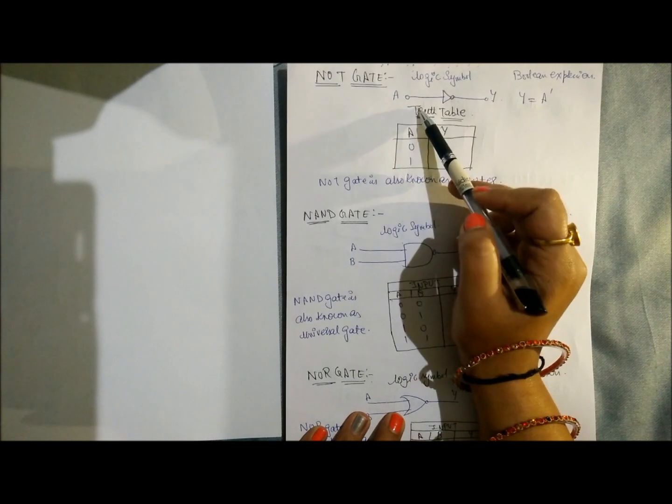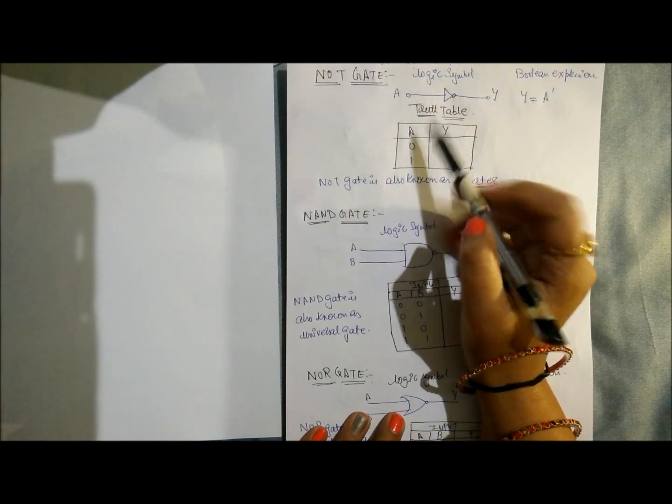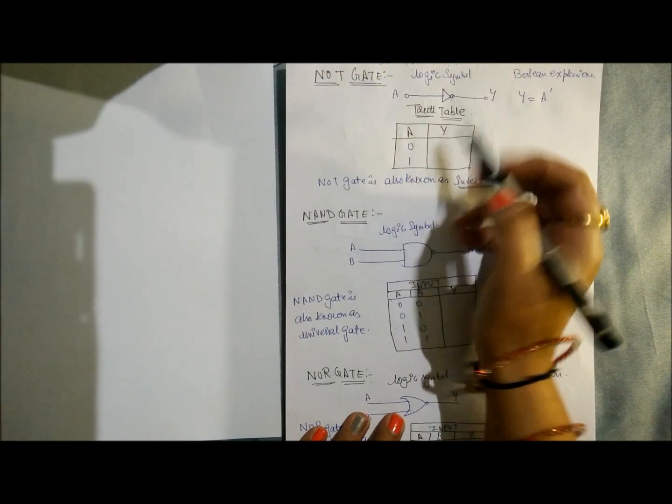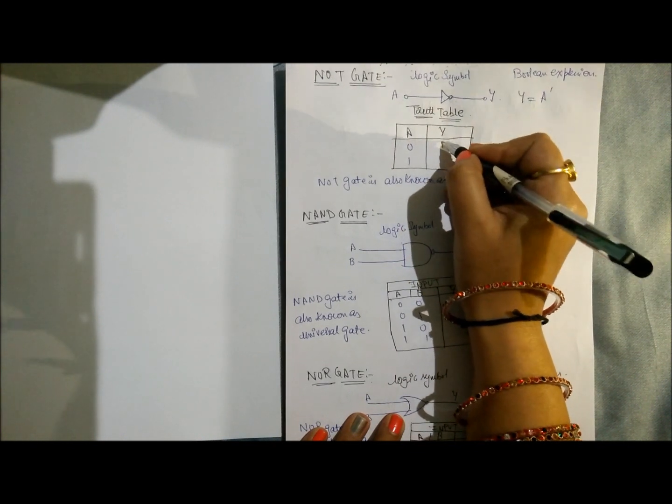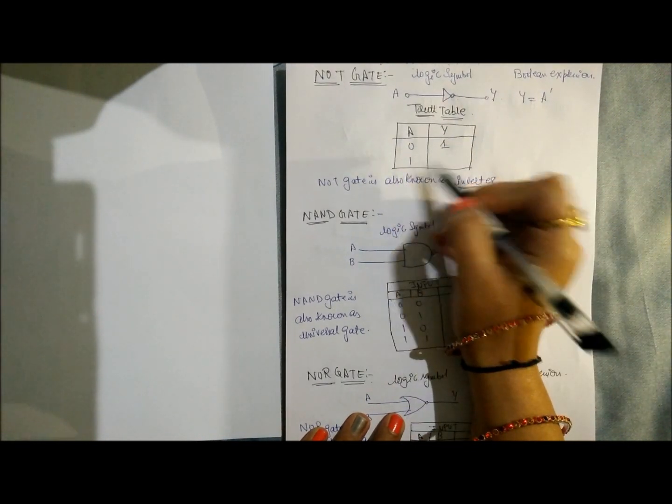NOT gate means an inverter. That means if the input is 0, your output will be 1, and if your input is 1, your output